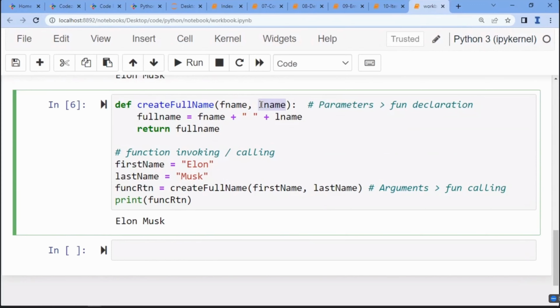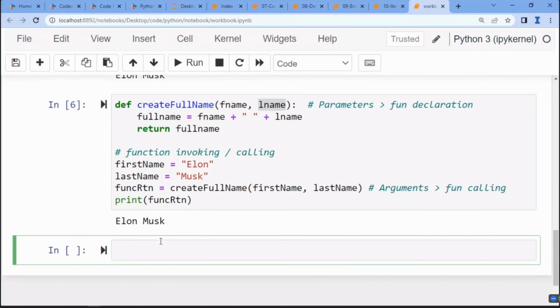But what if you don't know in your program itself how many parameters and arguments would come into place? At that time there is another concept in Python called args and